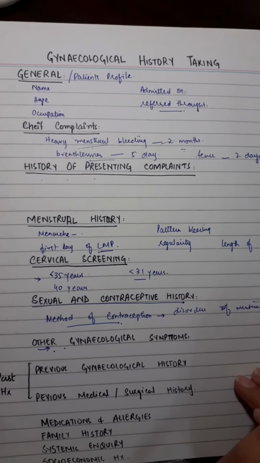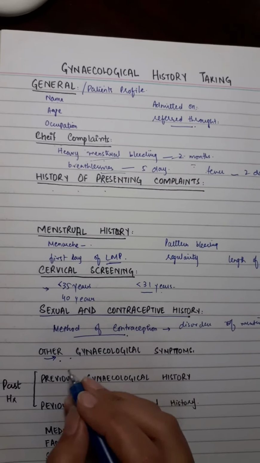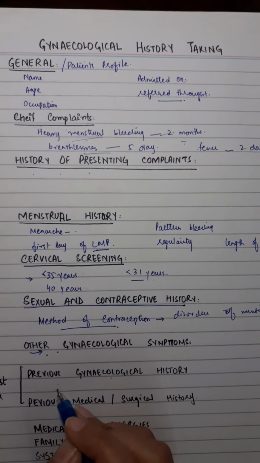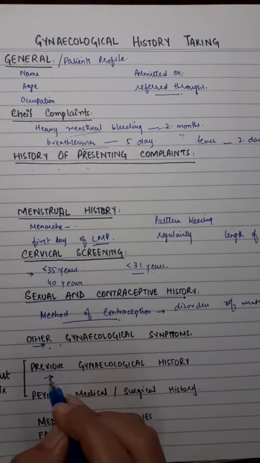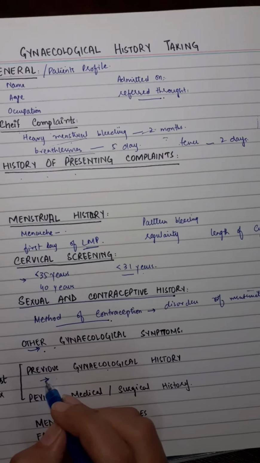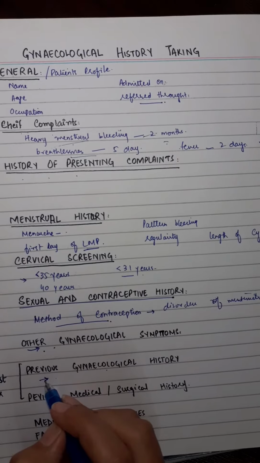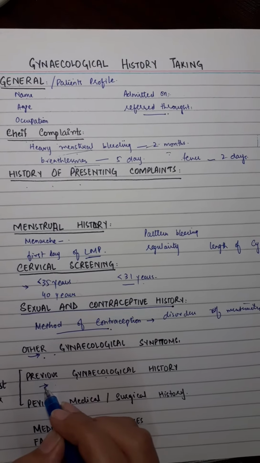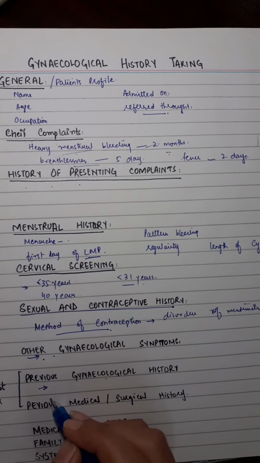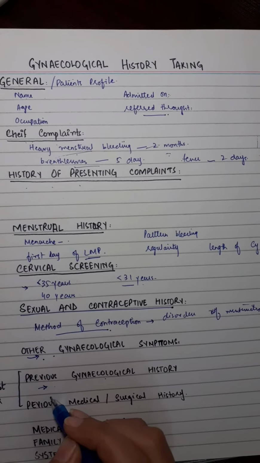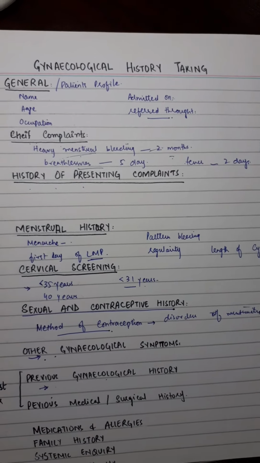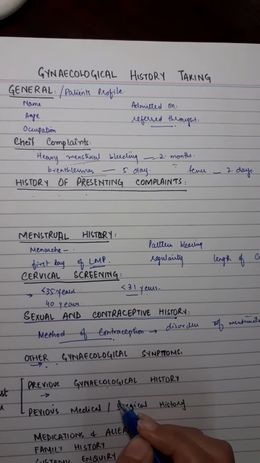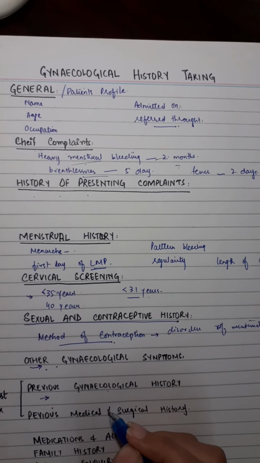Then you are going to ask about past history. In past history of gynecology, you are going to ask about previous gynecological history. This is different from the medical history that we take. In previous gynecological history, this section will include any previous gynecological treatments or surgery done before. Previous obstetric history is also important, and you ask about the number of children with ages and birth weights, mode of delivery, and any complications, as you ask in an OBS history as well. Number of miscarriages and the gestation at which they occurred, any termination of pregnancy with record of gestational age, and